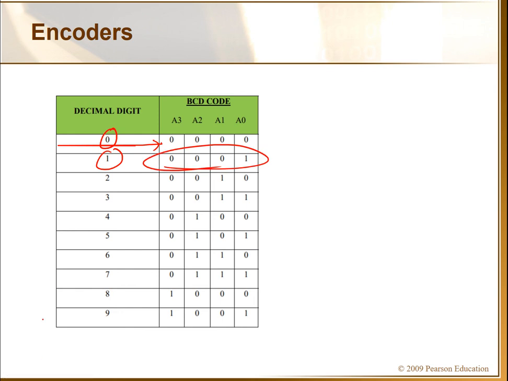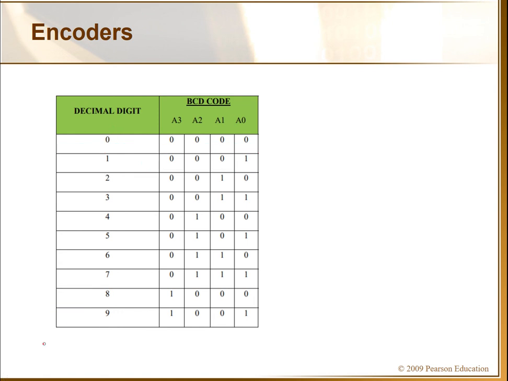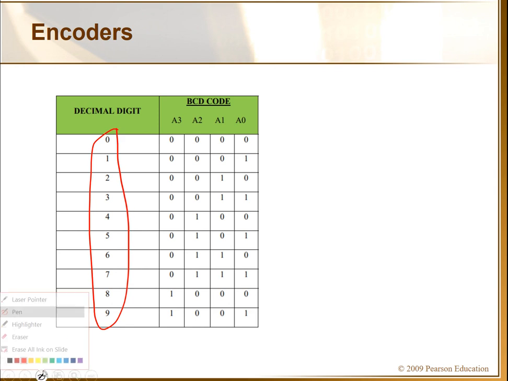See here, for the encoder, usually when we have the truth table and we want to get the logic, we look at the 1 and go to the inputs. But here we have the decimal inputs and we are getting binary outputs. So for this case, what will we do? Now we will go vertically, not horizontally. For example, for A0, you will see where you are getting high: 1, here, here, here, and here.